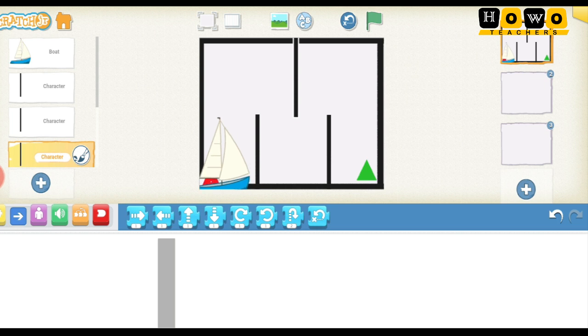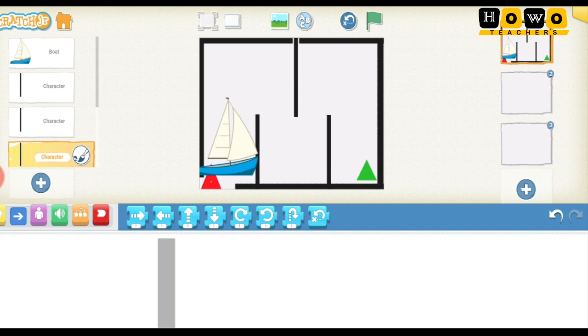So I'm clicking over the boat. This is the next part. So our first part is complete. See, I'm just dragging the boat with my finger touch and the boat should move like this and it should reach the end. Now one more thing I need to do, the size of the boat is very large.